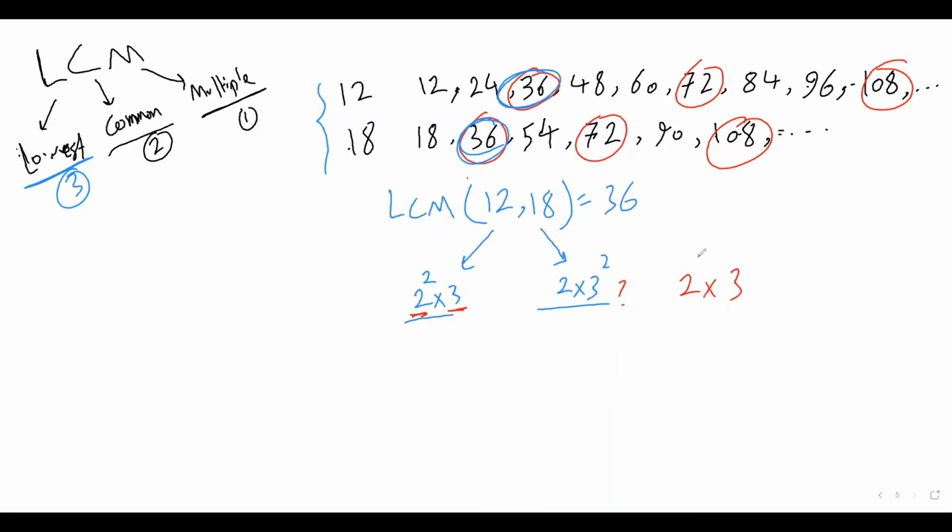And again, we have to choose an index for them. But this time we go with the highest, unlike the HCF, which we targeted the lowest. So the index for 2 here is 2, here is 1. I'm going to choose 2 and I put it here. For 3, this is 1, this is 2, and I choose the highest, which is 2. And if you do the calculation here, you would see that the answer is 36, just like what we got